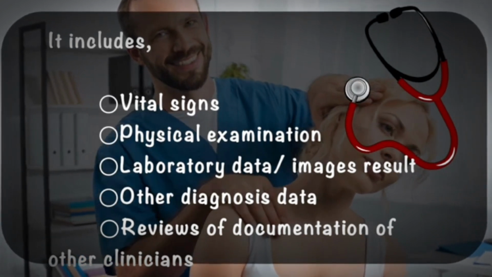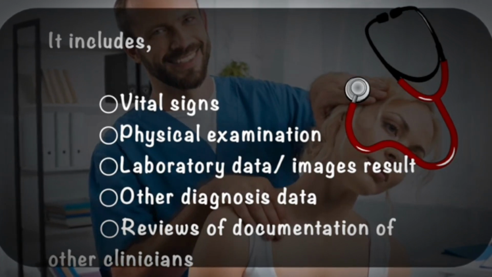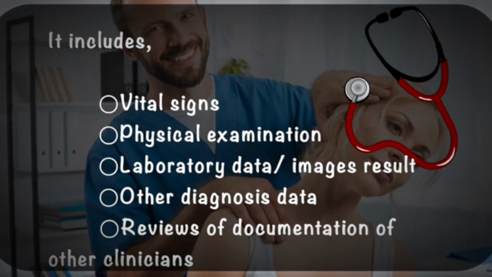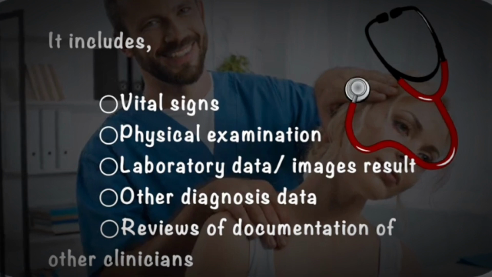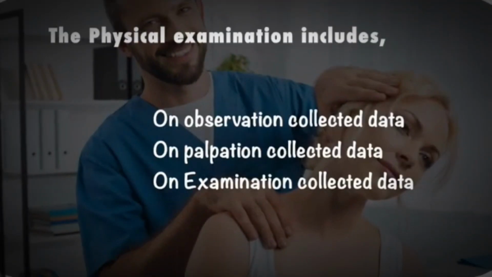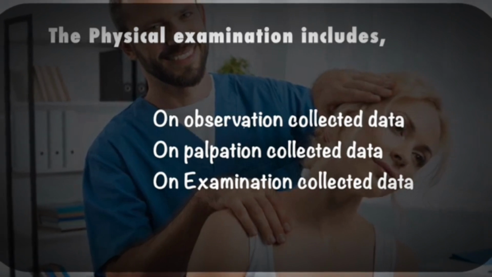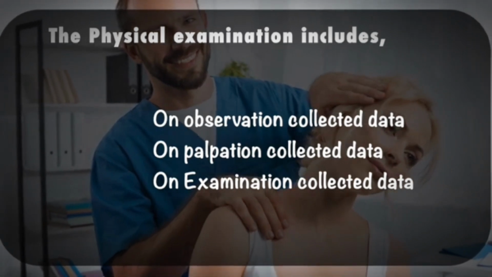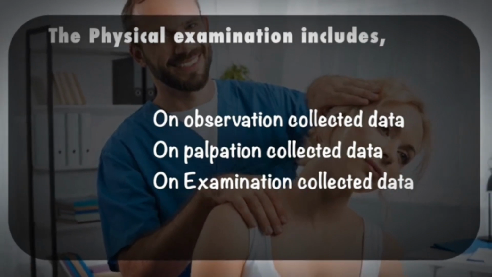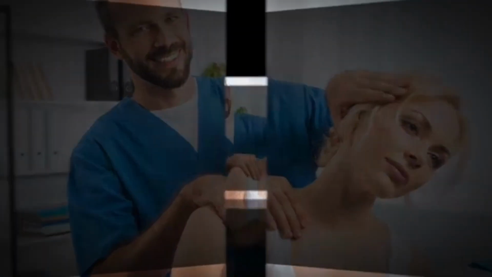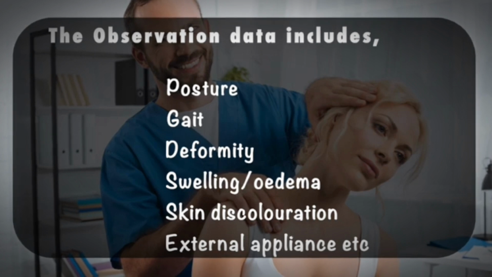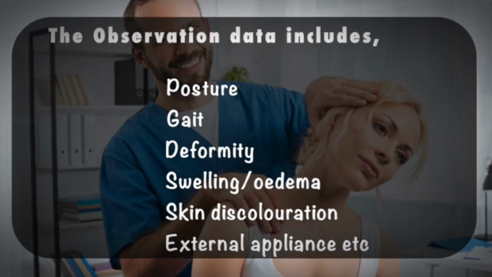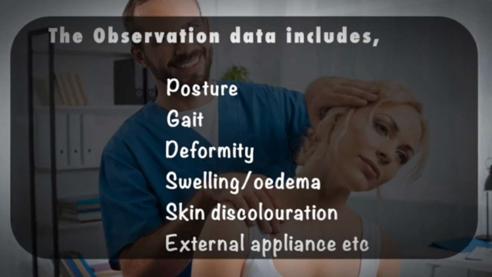Now we will discuss in detail the objective assessment of physical therapy. Objective assessment refers to the data that the physical therapist collects and measures from the patient. Objective assessment data are measurable and observable information by the therapist. The whole objective assessment mainly includes the examination of vital signs, that is measurement of blood pressure, heart rate and respiratory rate, then the whole physical therapy examination, review of laboratory data and imaging data like X-ray, MRI and CT scan, the other diagnostic data like special tests and other functional scales, and the review of documentation of other clinicians' data